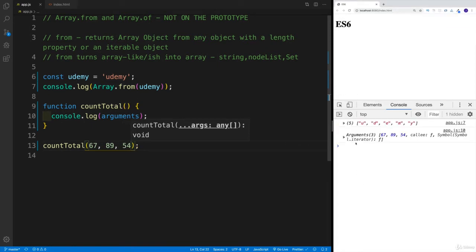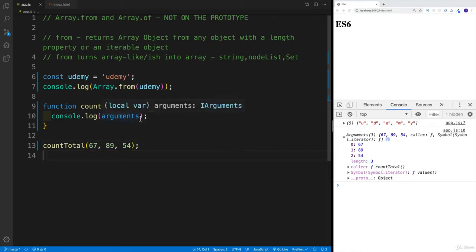And now within the console, I can see, okay, so I have the arguments. Awesome. But it is an array-like object. Essentially, it does have the length. But the problem is that if I would want to, let's say, use map or reduce in order to count these numbers, I'm not going to be able to, because again, it is array-like. It is not an actual array. And you can probably already guess that we're going to use Array.from actually to turn our arguments, the array-like object,